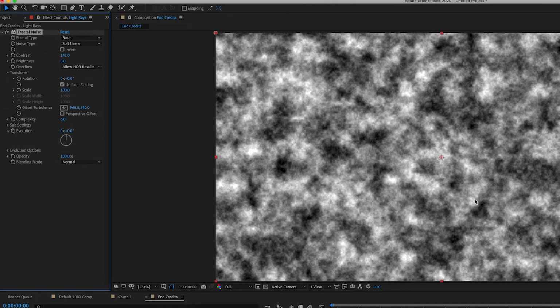Now, the interesting thing about fractal noise is you can kind of think of it like a block of Swiss cheese, where Swiss cheese has these bubbles in it. And these bubbles, when you cut through them, look like holes. But if you were to take a block of Swiss cheese and you were to slice it,